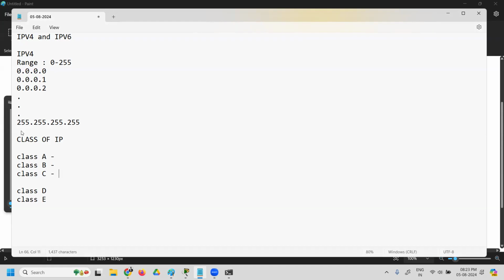If you create a LAN, if you are going to set up a network, you are going to use IPs from these three classes.